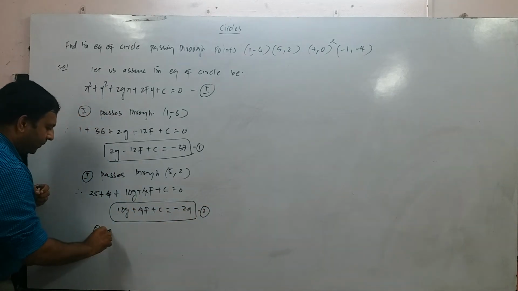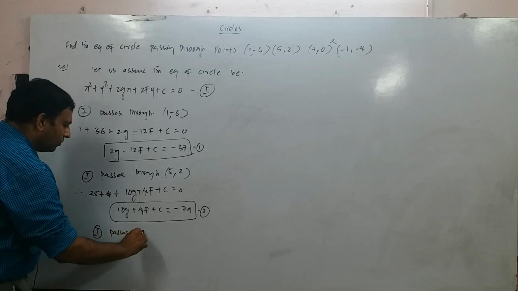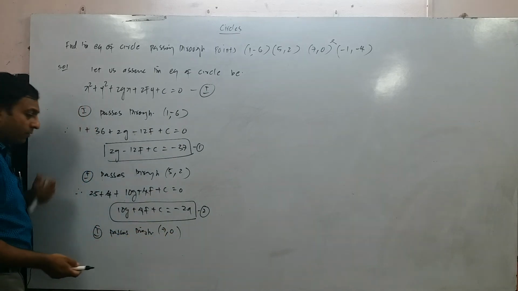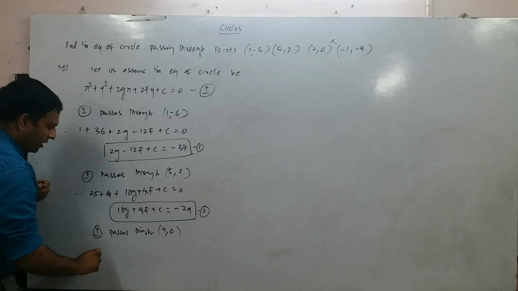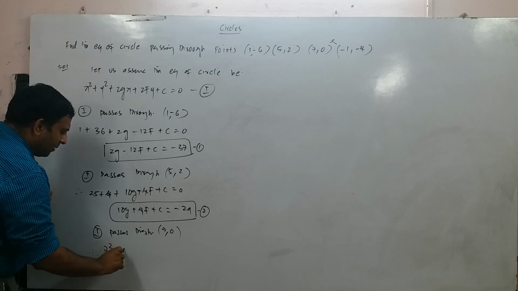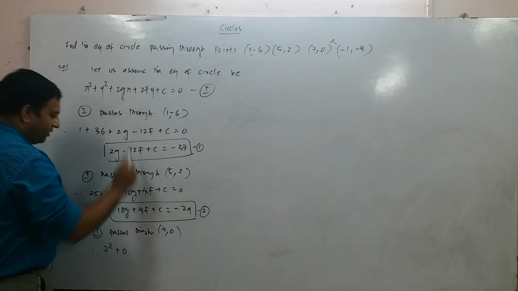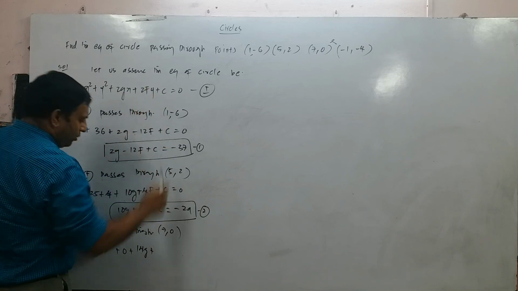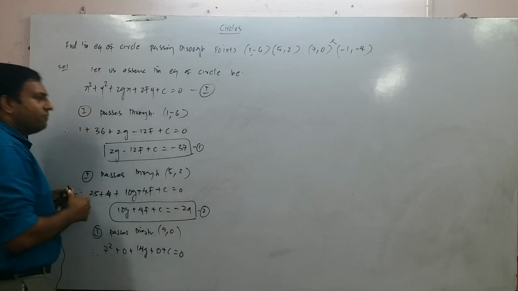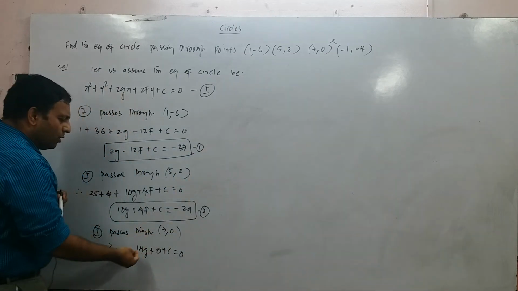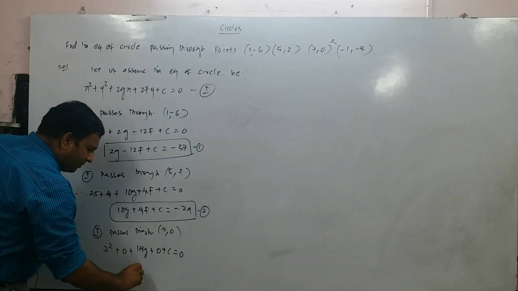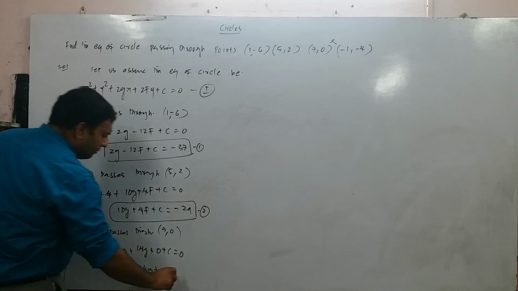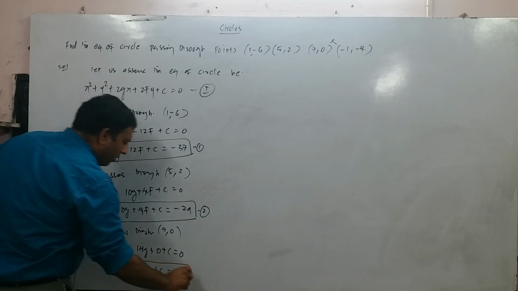Again I will say I passes through. What is the next point? 7, 0. When I passes through 7, 0, what am I going to do? I have to substitute this point over here. So it is 7 square plus 0 square 0, plus 2 into g into 7, 7 2s are 14g, plus, what is the y value? 0. So 2 into f into 0 will be 0, plus c is equal to 0. See, whenever you have a point involving 0, please use it, because one of the parts becomes 0, and you will get a very simple equation. 14g plus c is equal to, what is 7 square? Minus 49. Now I will call this equation number 3.